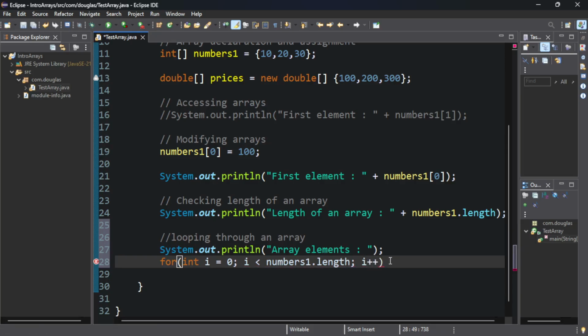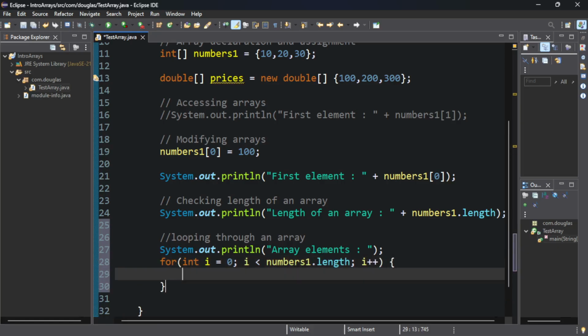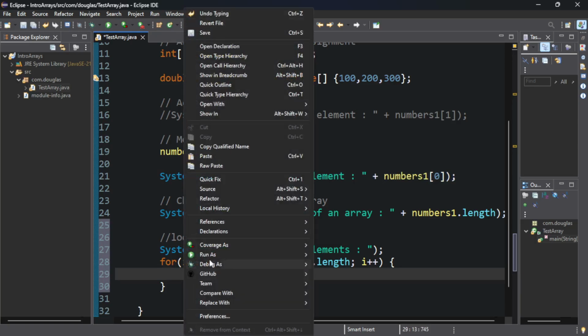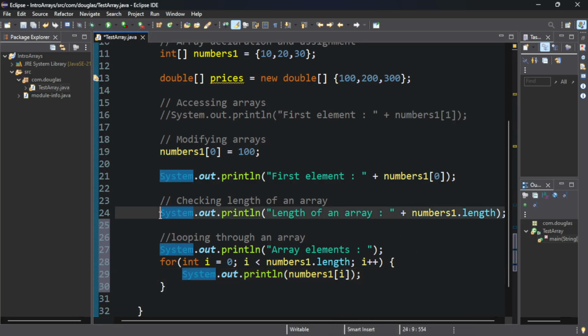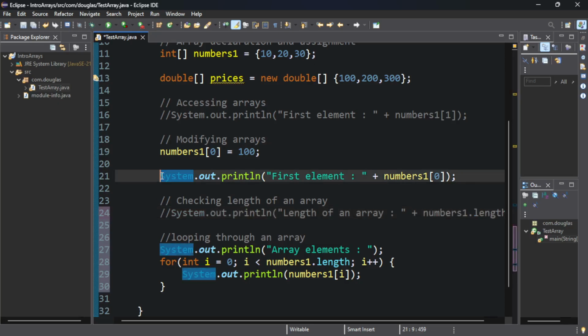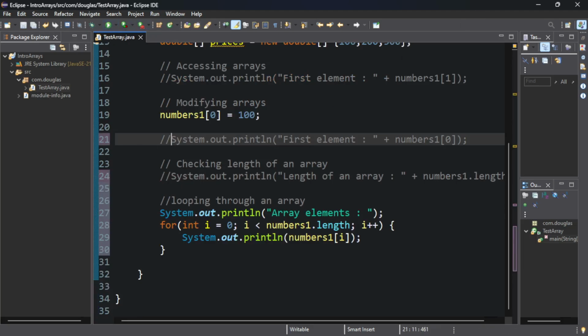Okay, now within the curly braces, we'll copy this line again and put it in here. Now within the curly braces, I can just pass maybe i. Now if I'm to run this, I think I should mute out the rest or comment them out. Okay, that's okay. So if I'm to run this,